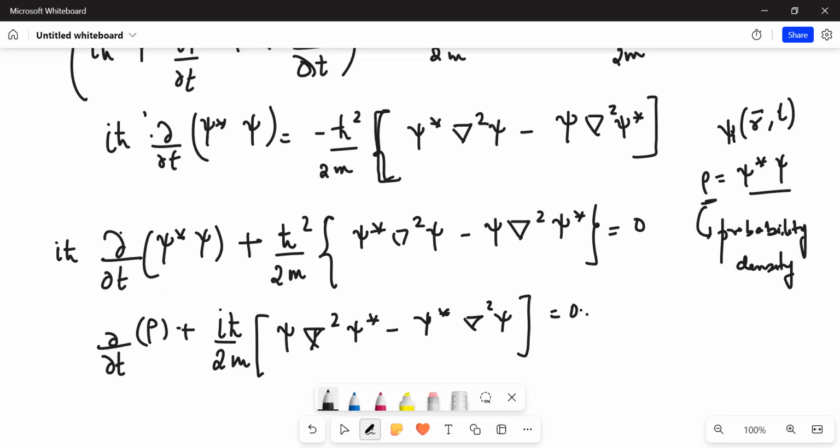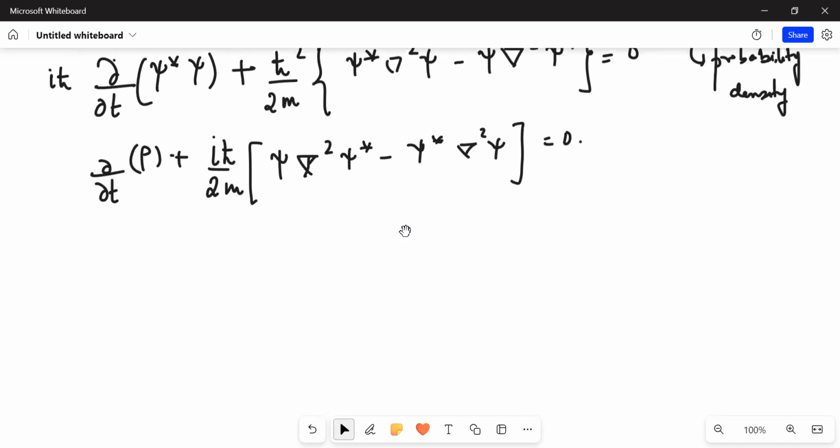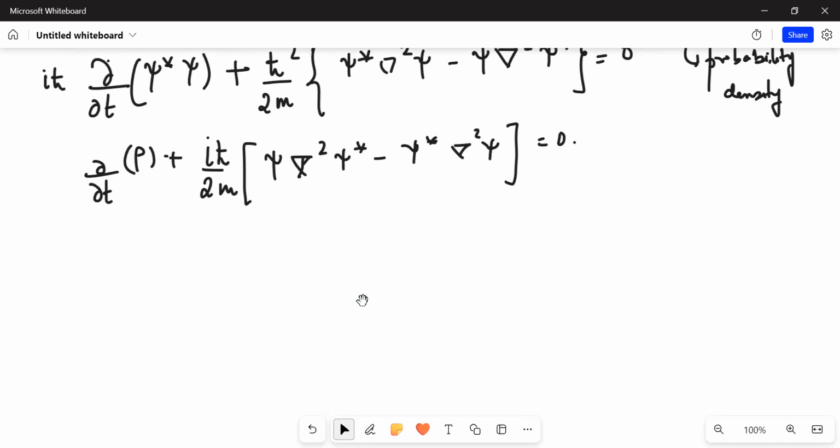Okay, is that clear? Yes or no? Is there any doubt in this? So I don't think there is a doubt here. So I think this is one equation. And yesterday also we did one thing. Just remember this equation. Let's say this is your final equation, let's say equation number 4.